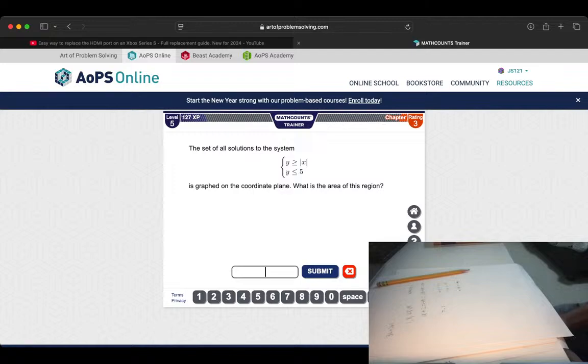The area of the region is going to be less than 5. How can I type this in? Or do I just have to put in a number? Alright, so if it's greater than or equal to the absolute value of x,